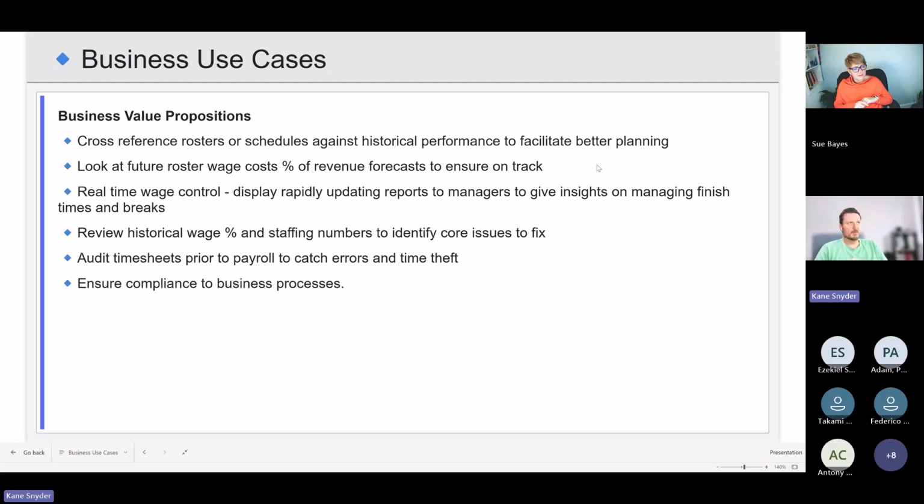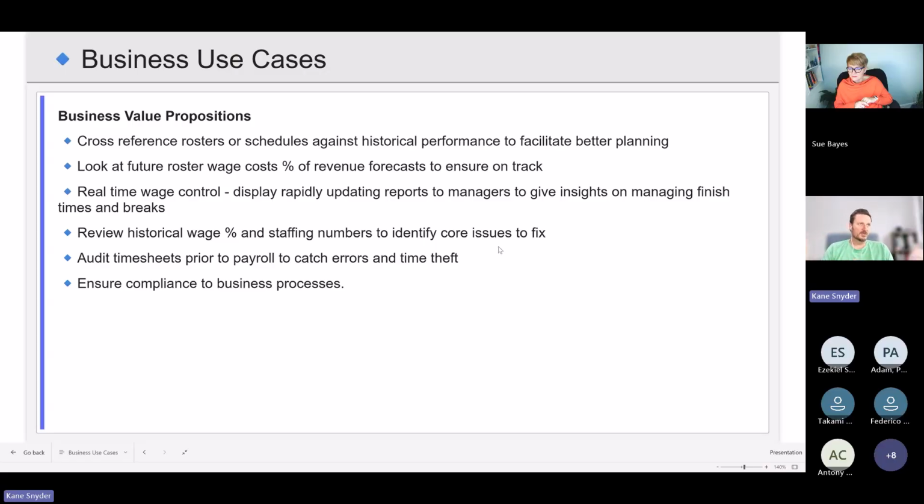That sort of real-time wage control, so operational type reporting, shift work and that kind of stuff. We have people on a floor or in trucks or whatever, and you need to look in real time at how our wage costs are, so that you can knock people off and tell them to finish, or get more people in, get on the phone and get more people happening. Identify issues by looking at your wage percentage and saying, we've been doing things wrong in the past.